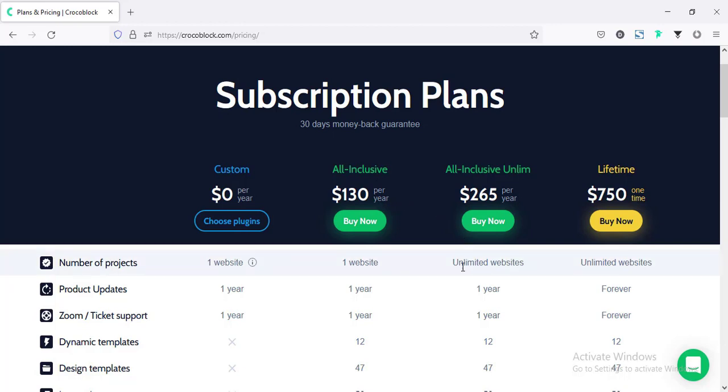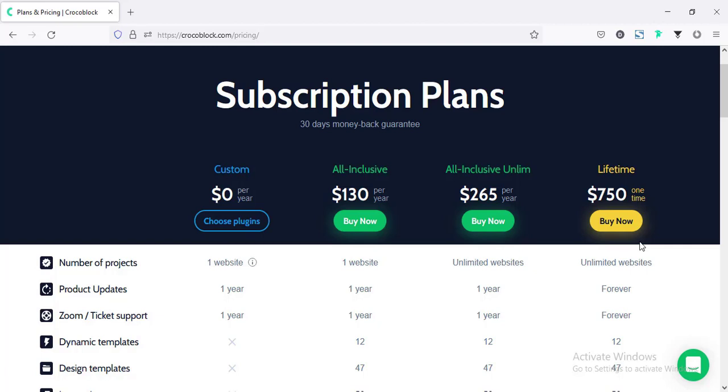And if you have unlimited websites, then you can purchase the other one. And also they have their lifetime package. So if you work for many clients and if you work for different kinds of websites, in that case the lifetime package will be a great investment for you. For example, if you work for at least 10 clients in your lifetime, you will invest less than $100 per website. But of course, if you are a developer, you will not work only for 10 clients